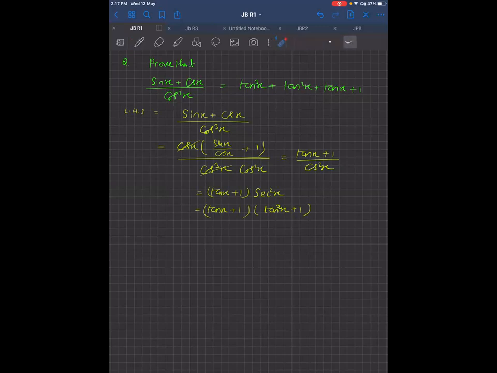Okay, is there any doubt? Just simply cos square in the denominator becomes sec square x in the numerator, and sec square x can be written as tan square x plus 1. We have the identity. Now see, all these things are in terms of tan. If you multiply, tan x into tan square x is tan cube x, tan x into 1 is tan x, 1 into tan square x is tan square x, and 1 into 1 is 1. And this is your RHS.